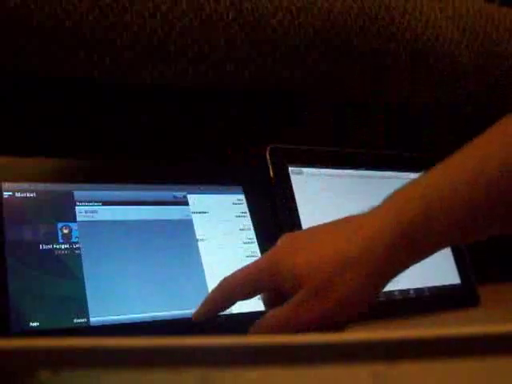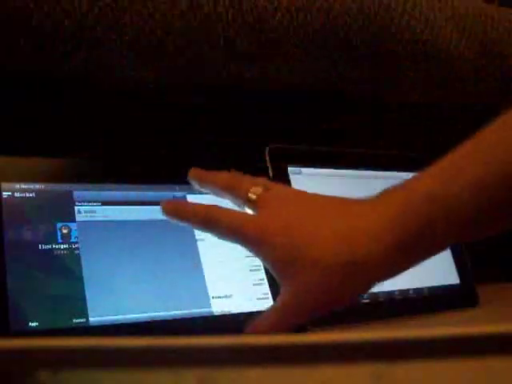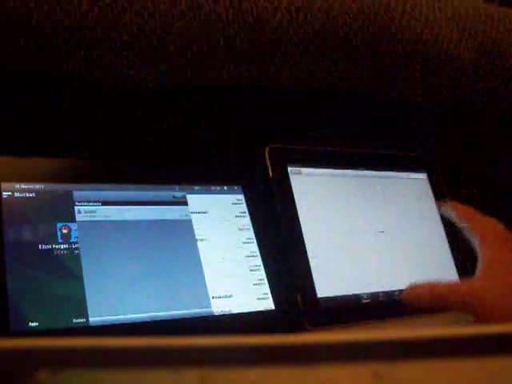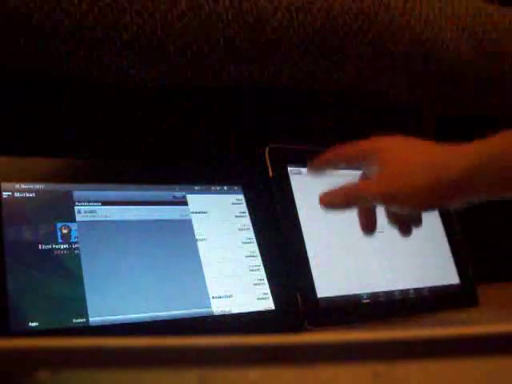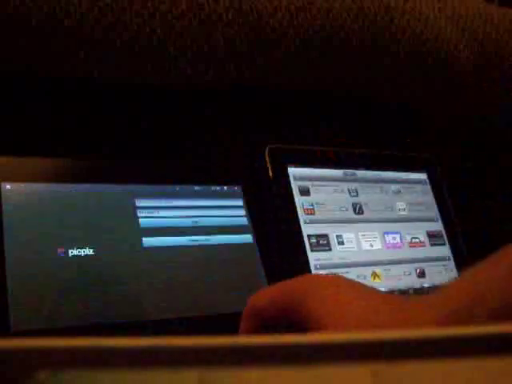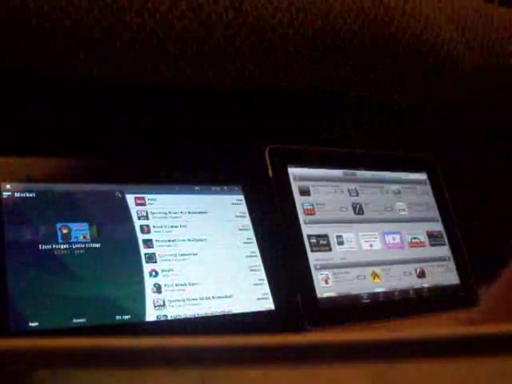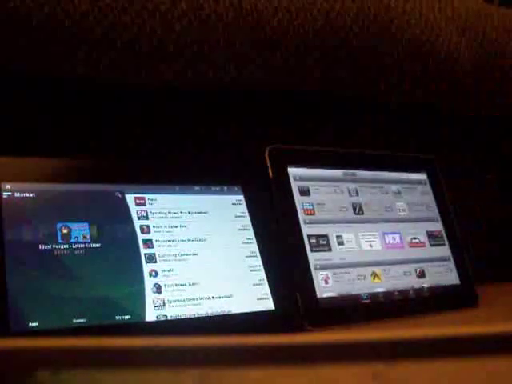There we go. Not having to swipe down on this is annoying me. I know it's not something it should have, but I find the swipe down on Android brilliant, and not having it on the iPad really confuses me because I keep going like this. Nothing's happening. To be fair, when I do choose things, apparently nothing happens anyway. So, Pick Please. I don't even know what that is. So there you go. So there's the App Store on both of them,